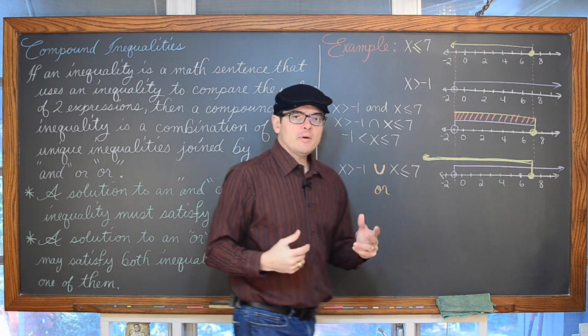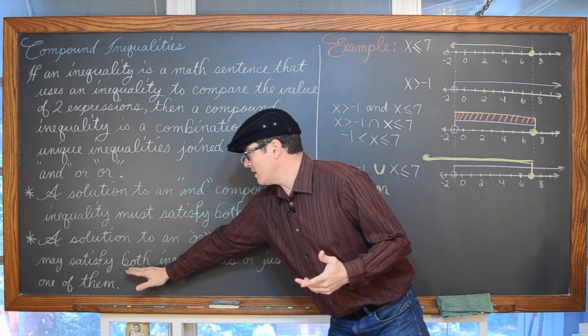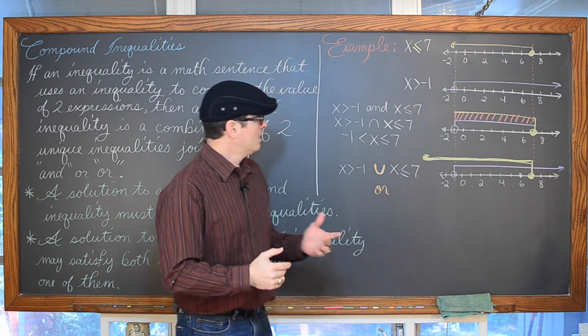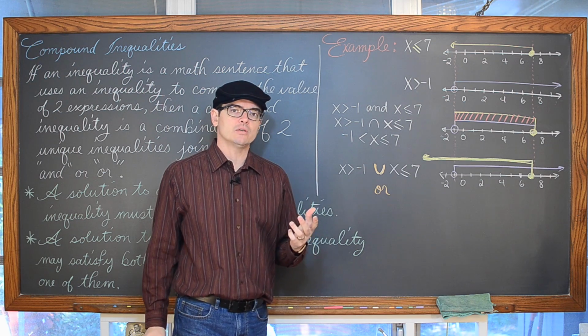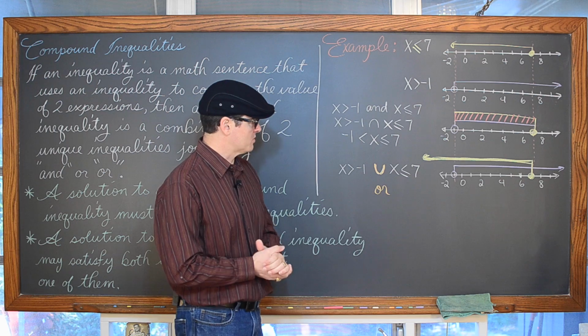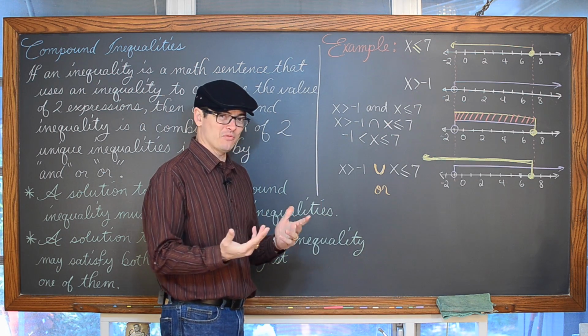Well, a compound inequality joined by the word or, a solution can satisfy both inequalities, but it can just satisfy one of them. So what part of this number line is a solution to at least one of these inequalities? Well, looking at the arrows going in both directions forever,